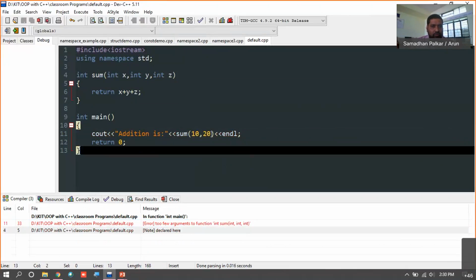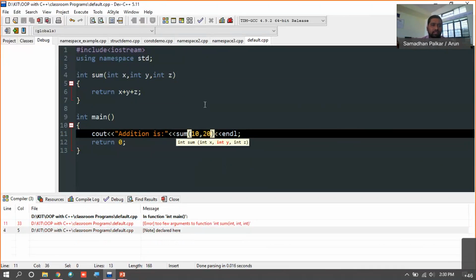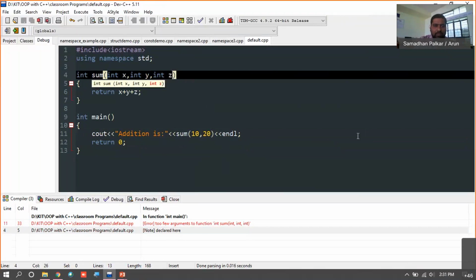So, what actually here is, you also can have default arguments. Default argument means you can initialize those values basically on default, right? Just I can assign a value 0 to this.